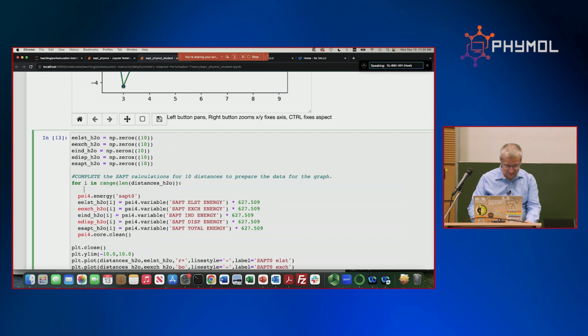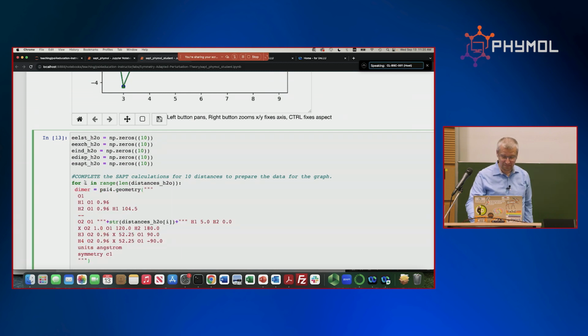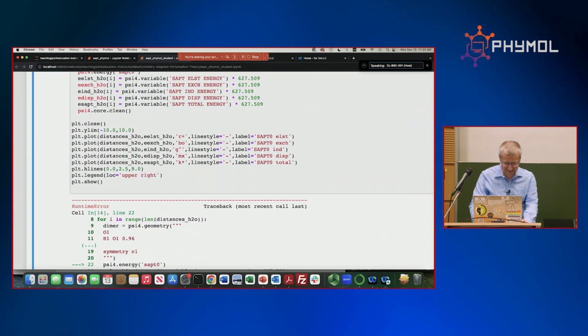So now I need to fix my indentation before Python complains, and I copied and pasted the same geometry code as before. For a SAPT calculation, I need to separate the first molecule from the second one, so these 2 dashes are obligatory, and I'm changing the distance. And this time, as you see, we're using a Z matrix, and that's fine. Okay, so that's actually